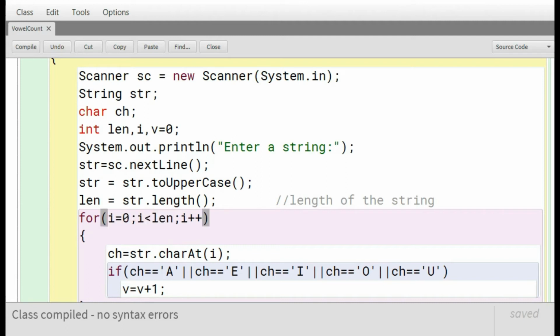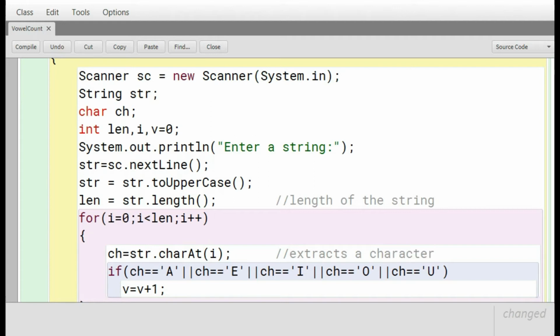In this step we are extracting a character from the string. We know the function charAt always returns the character that exists at index i. So it extracts a character from the string.